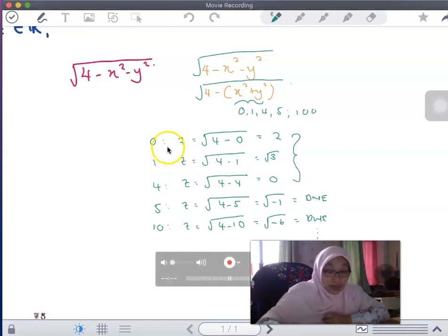Okay, but if you're asking me, do we need to only put the values 0, 1, 4? No, you can put any number as long as it is greater than 0. So you can put 0.1, you can put 0.5, and for this one we can put 3, 3.1, 2.5, any values. Whatever values you put for this particular value here, the value of z is only lying between,